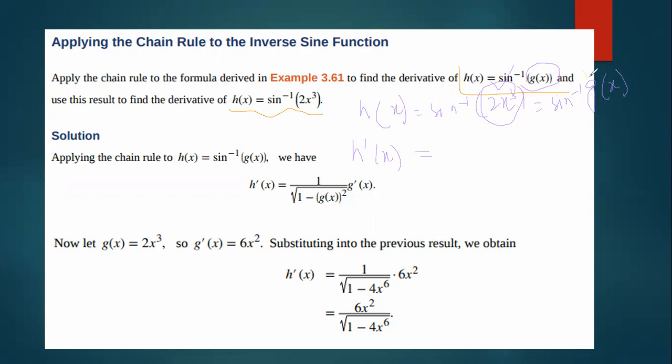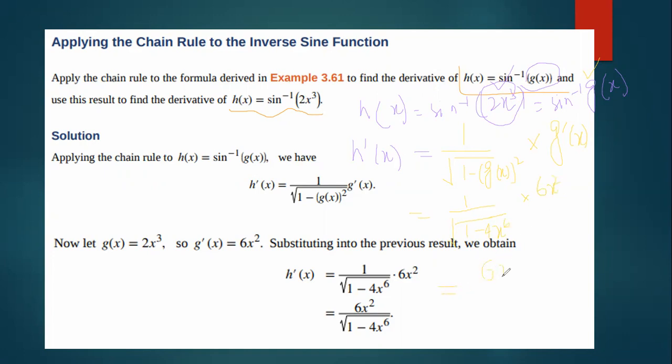So the derivative of this function will be: the derivative of sine inverse of a function is 1 upon under root 1 minus g of x whole square, then taking the derivative of the function g of x. So I have 1 upon under root 1 minus, taking the square of 2x cube, so the square will be 4x power 6, then the derivative, so the derivative will be 6x square,